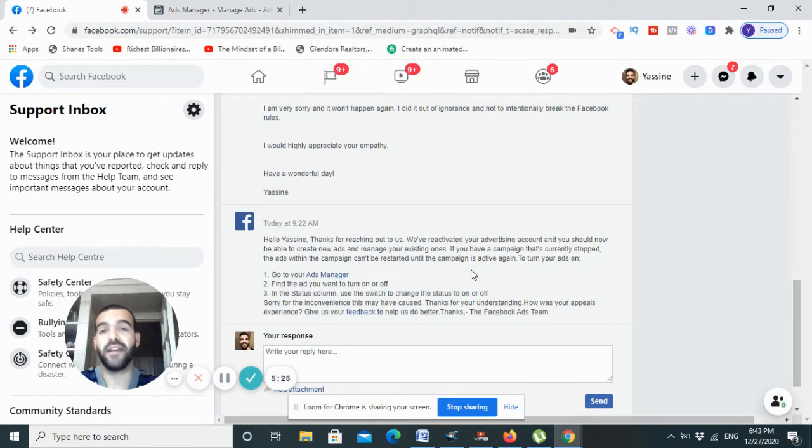So thank God, I was super happy because, again, I had many campaigns in that account, and having my account disabled deprived me of going and checking the text of those ads. I could not even click on them. So I had to create a new ad account and start new ads from scratch. It was a lot of work for me. So I was very happy that they saved me tons of hours of creating those ads again.